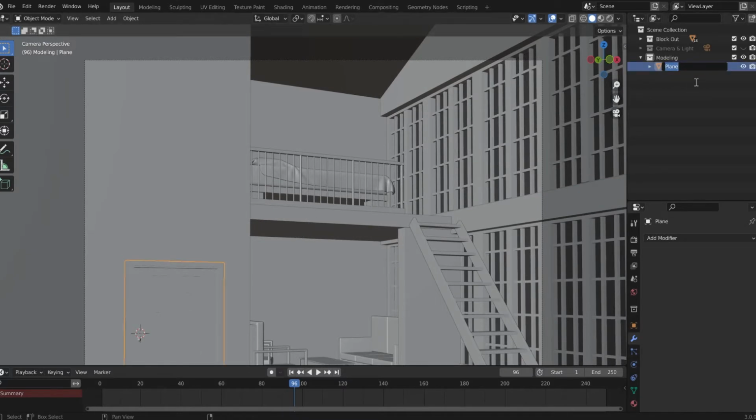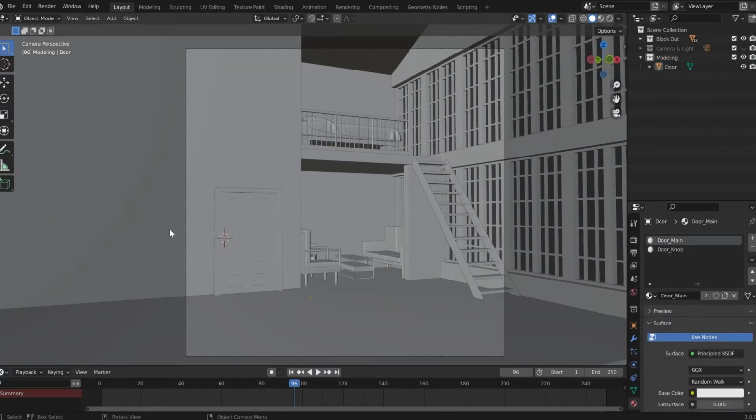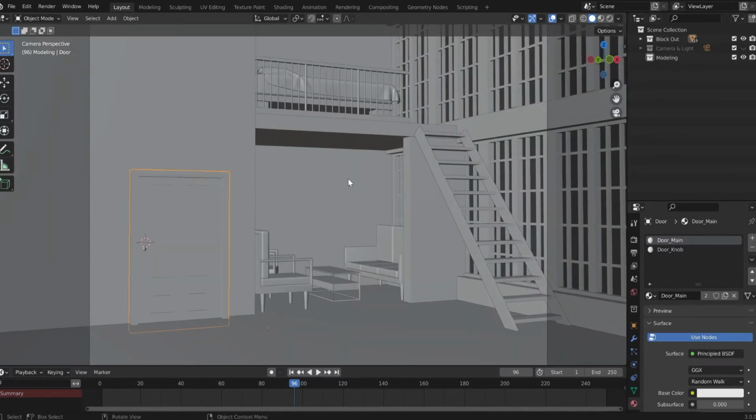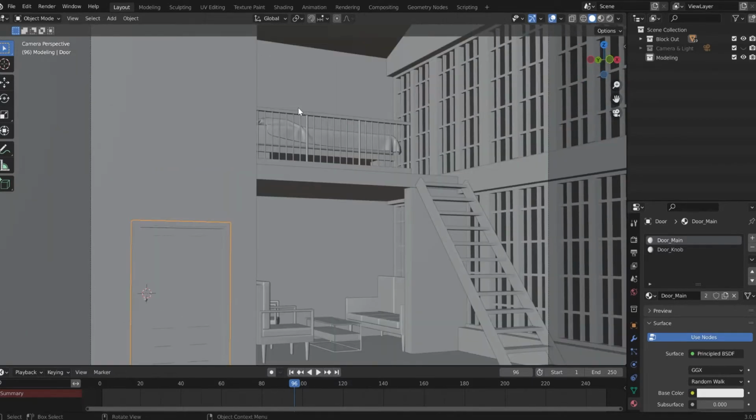First, let's rename this door. In the last lesson we did the door. I also renamed it. You can also rename it and move it to the blockout collection. Now let's create the lights. So for the light,